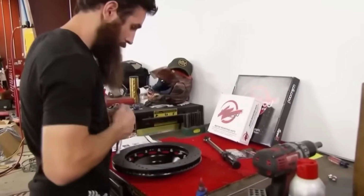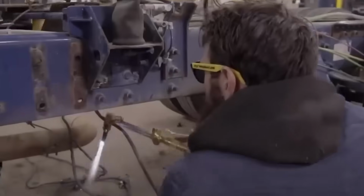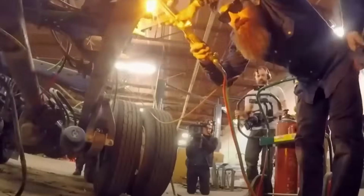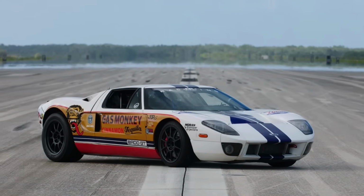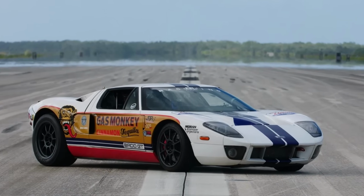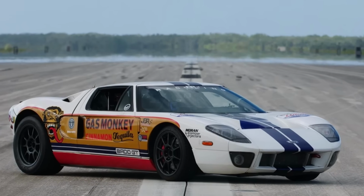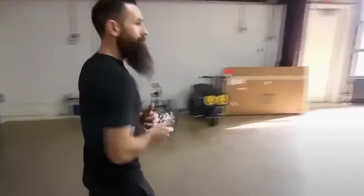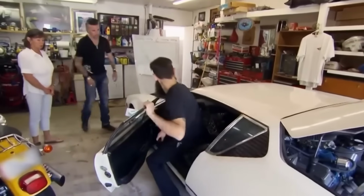Gas Monkey Garage even took on a legendary supercar, a Ferrari F40. This was one of the most wanted supercars from the 1980s, but the one they got was badly wrecked. The team worked their magic, bringing it back to life and making it a highly sought-after car for fans. For pure speed, there was the Ford GT, Bad GT. This Ford GT was made incredibly powerful, with 2 turbochargers and nitrous injection, giving it a massive 2,700 horsepower. This beast became the fastest street-legal car on the planet, reaching an unbelievable speed of 310.8 miles per hour at